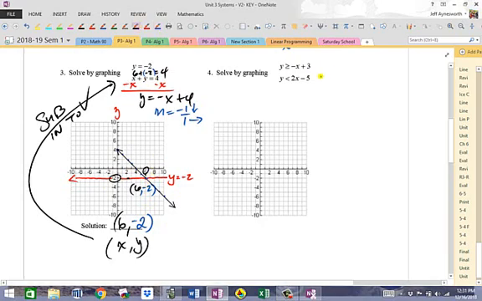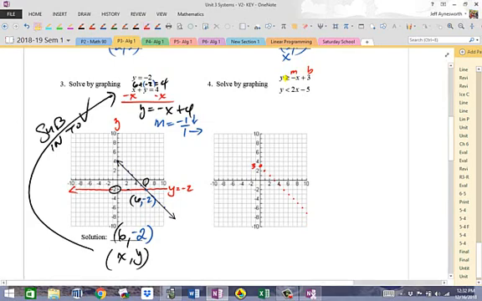All right, next one here, we've got a couple inequalities. So let's start at the y-intercept of 3, slope is negative 1. There's 3 right there between 2 and 4. And then you step that out. Now, when you look at inequalities here, you predict what the boundary lines are going to be in advance. I see an inequality that says greater than or equal to. So right there, I know just by looking at that, it's going to be solid and above, because it says greater than or equal to. So I make it solid, and I